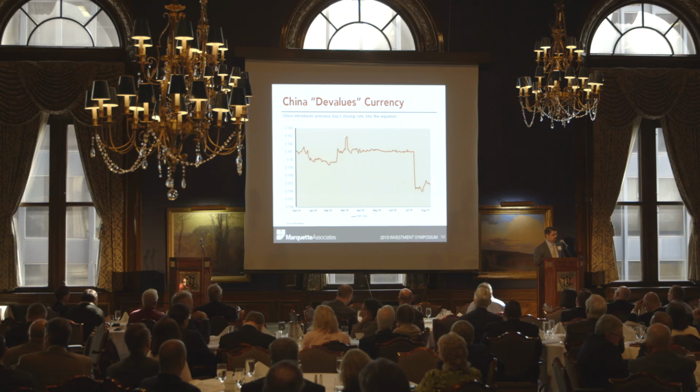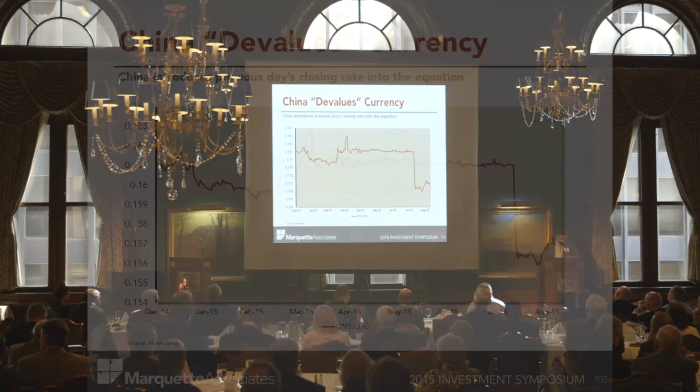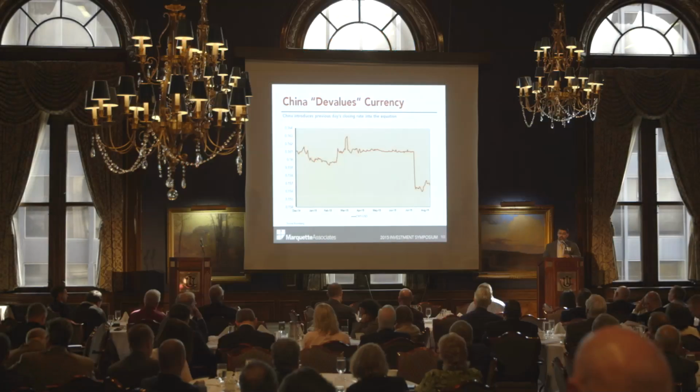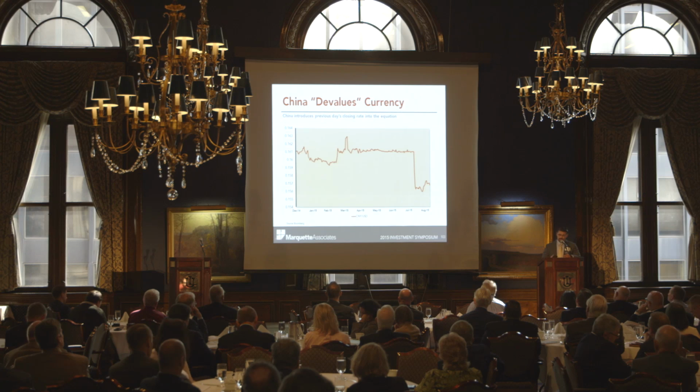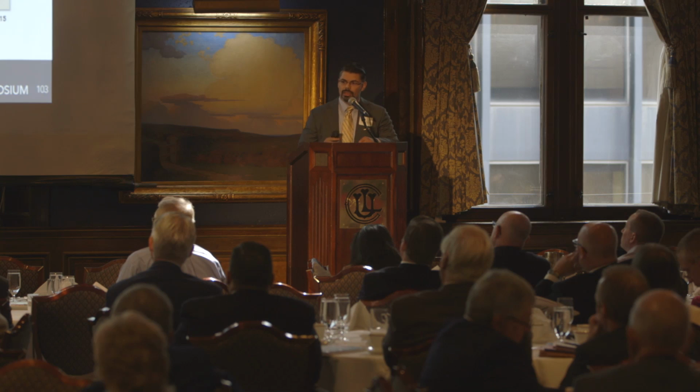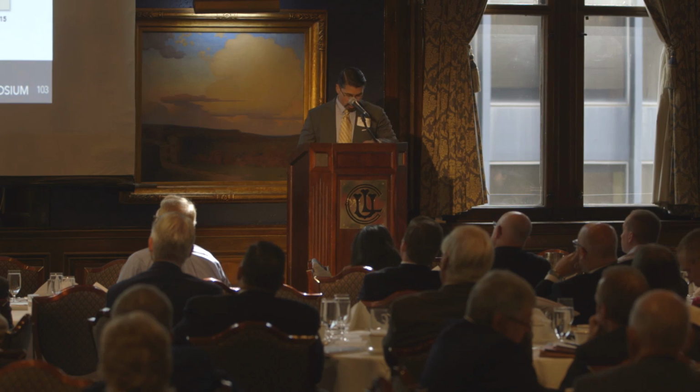Next, let's move on to the currency adjustment. On August 11th, China adjusted the way it set its currency rate versus the US dollar. Basically, what it did is it began incorporating the previous day's closing price into the new day's set price. And this adjustment resulted in a 2% drop versus the US dollar in that one day. And this was the biggest downward movement that we've seen in the last 10 years and really took markets by